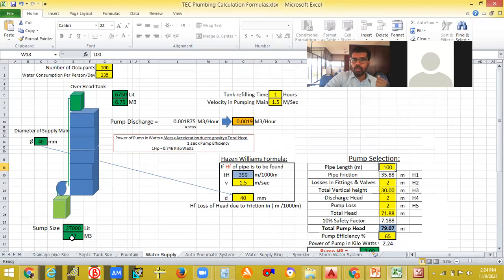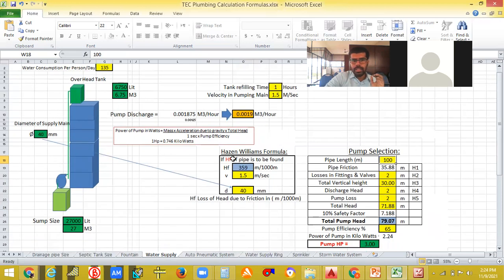And if I want to supply the water to the overhead tank within 1 hour, I have to give this time, and the velocity is also given. I got the pump discharge, okay, pump discharge I have given. Then I got the friction loss and all those things.